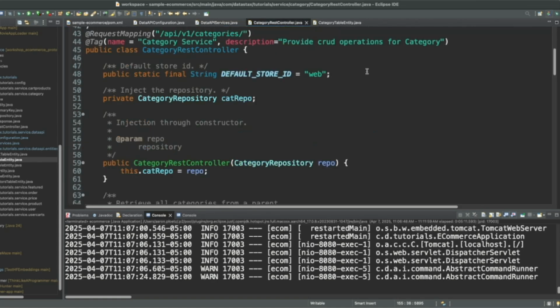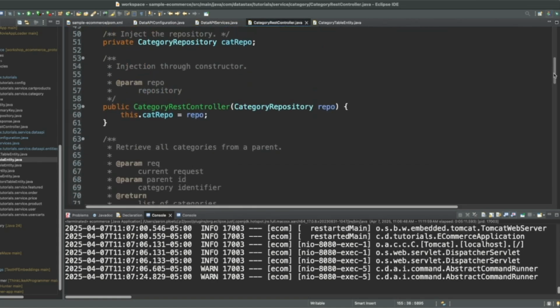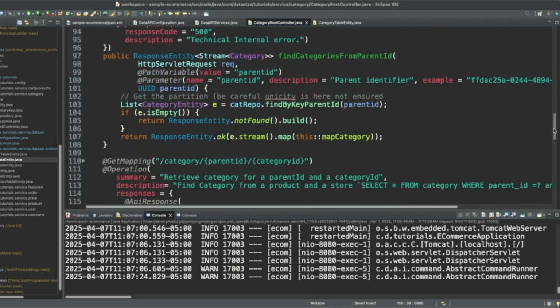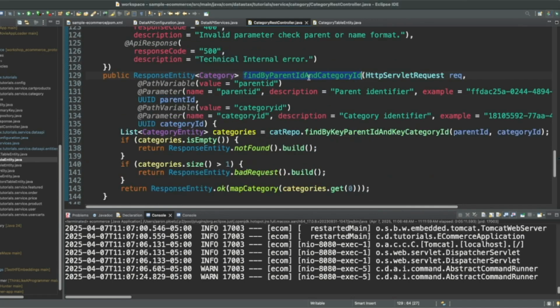If we have a look at the category REST controller, we have find categories from parent ID, and that takes a parent ID. Then we also have find by parent ID and category ID, with the two of those as options as well. So those are going to be our repository methods.